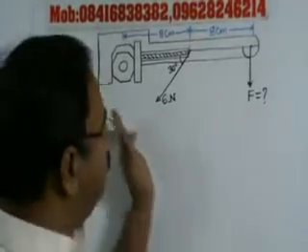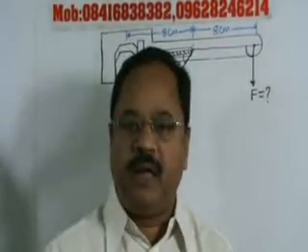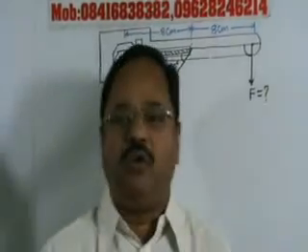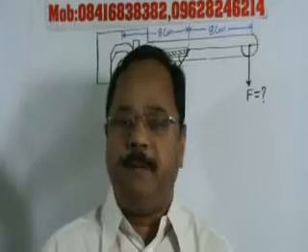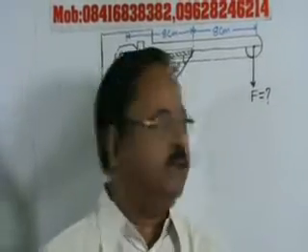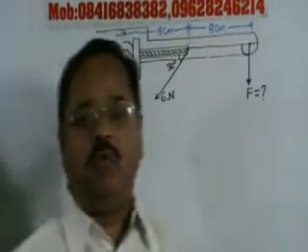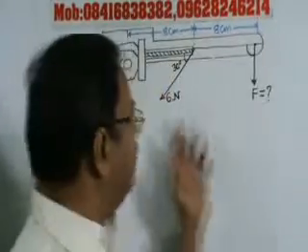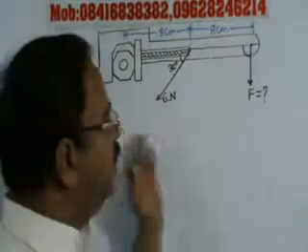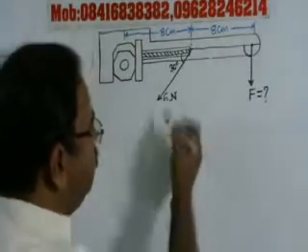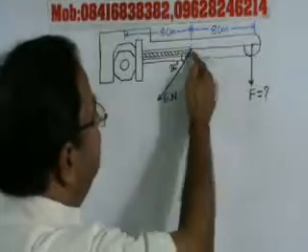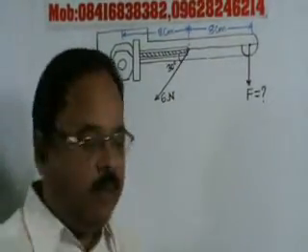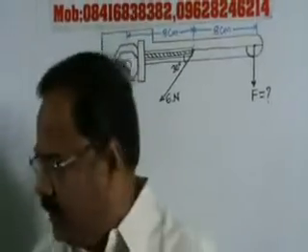Now, as we told you in the introduction to torque, what is the role of force? The force is not the only criterion for rotational characteristics. It depends on the distance of the force from the point of interest, that is the hinge point, right? So here this 6 Newton force is being applied at a distance of 8 centimeter and at an angle of 30 degrees.